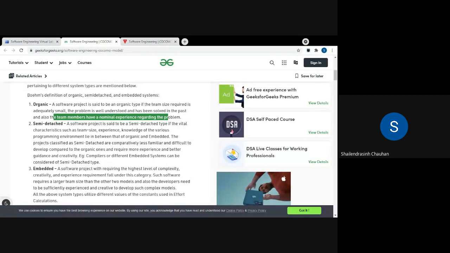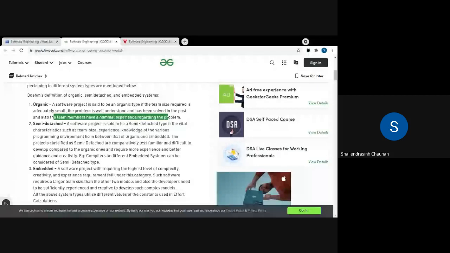Right? So whenever you join a company, this kind of thing will happen. Let us say the company has worked on that kind of project previously. They will directly approach the freshers and hand over the project they have already developed. They will say, okay, this is our website or our software that we had already developed. You can refer to the coding and all the modules, how it is built, how coding is done. After researching that readily available project, you can start developing. This kind of thing will happen in real time whenever you join a company. This is an organic type of project.